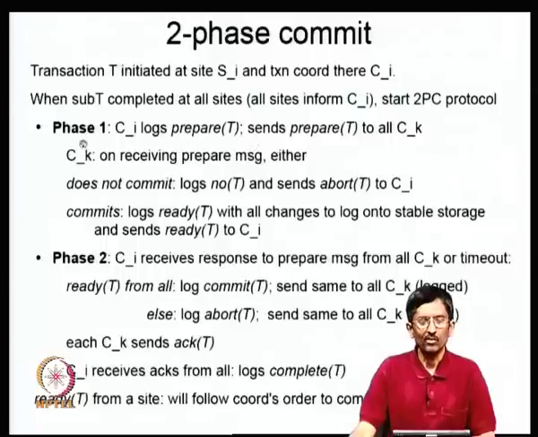Okay. So what is in the first phase? The coordinator has got all the information from all the sites saying that they have done their work that was assigned to them, but they have not committed it to stable storage. They are not committed. They finished the work, they kept it in volatile storage, and once the commit happens, then they will actually update it to stable storage. Okay. That is the basic idea.